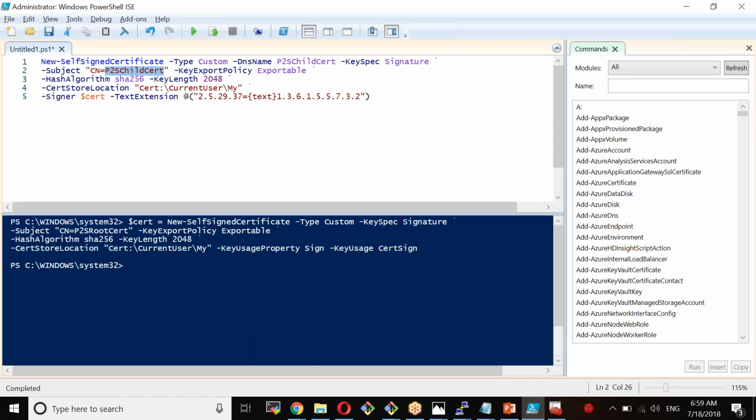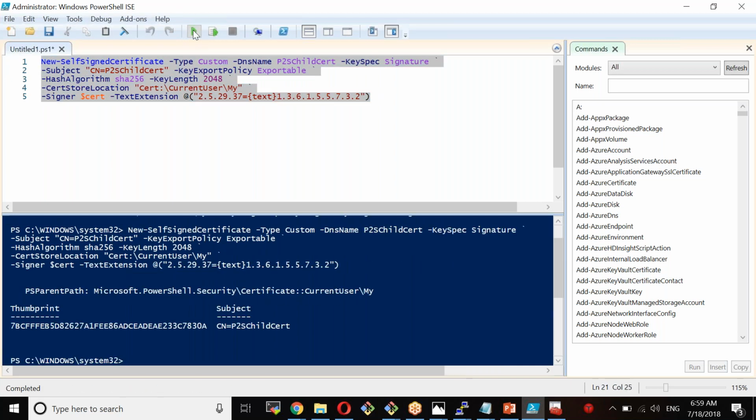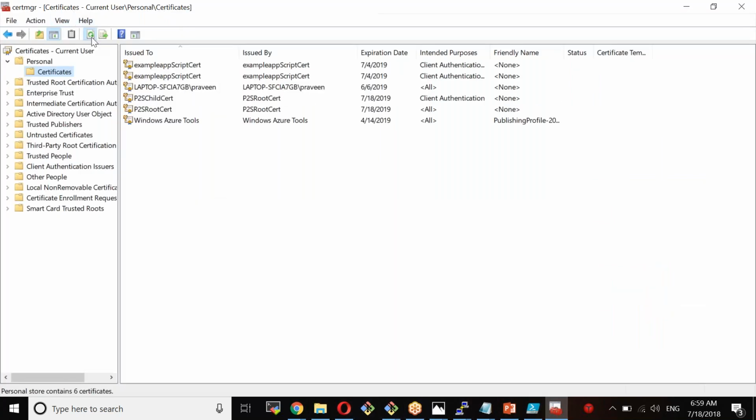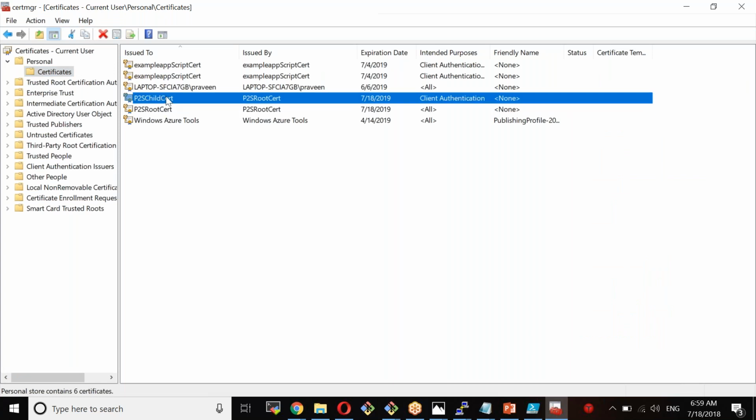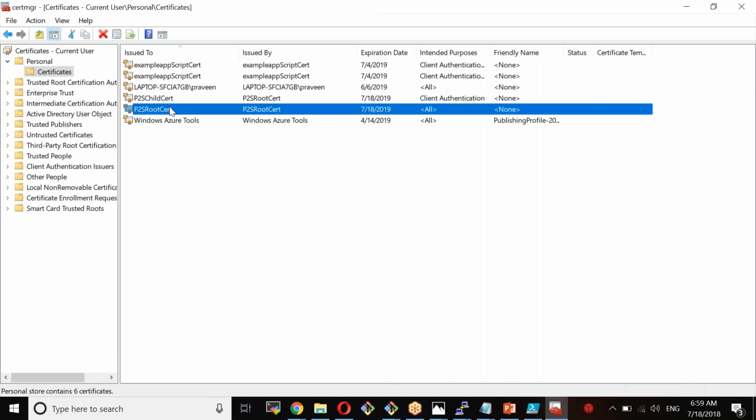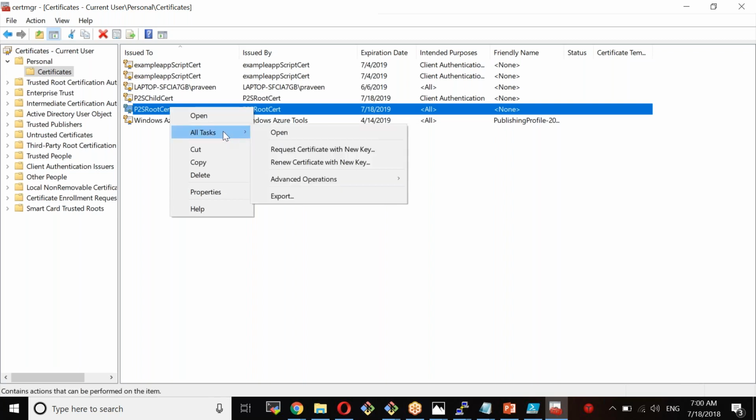This is basically a private certificate. So paste it, done. Now refresh your certificates. You see, the root certificate and child certificate have been created. We'll start with the root certificate. Right click, All Tasks,